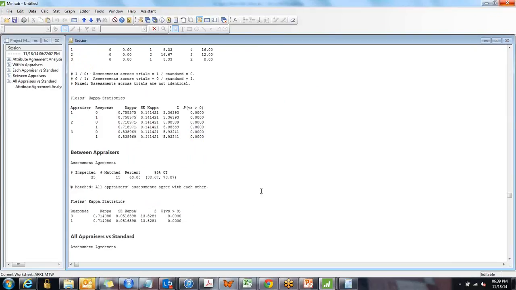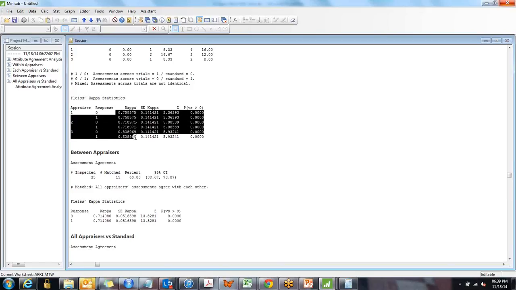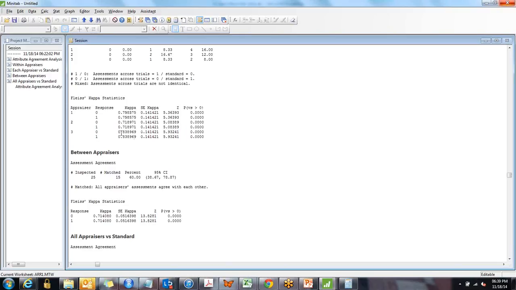Now look at the kappa values also, Fleiss' kappa statistics. If the kappa values are greater than 0.7 but less than 0.9, for all of these it's the same. They are acceptable, but not necessarily a good agreement with the external standard. And also all p-values are less than 0.05, so that indicates that all kappa values are significantly different from 0. They are not zeros. If you see 0.77, 0.8, 0.83 and all that, these are not zeros. That is what your p-value is also confirming.